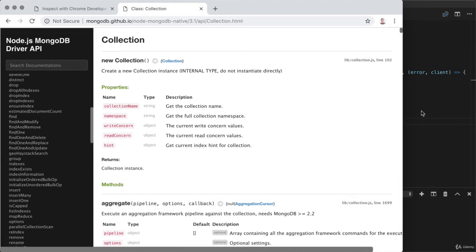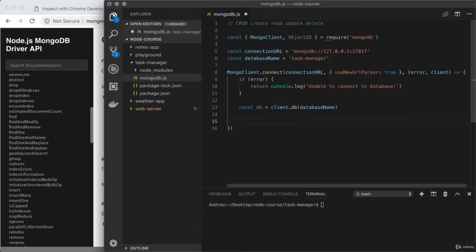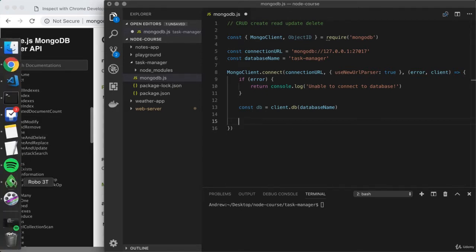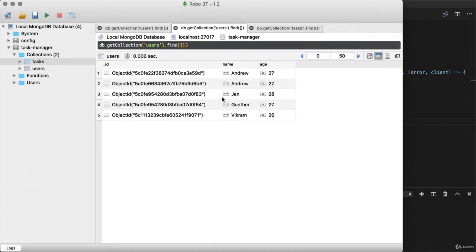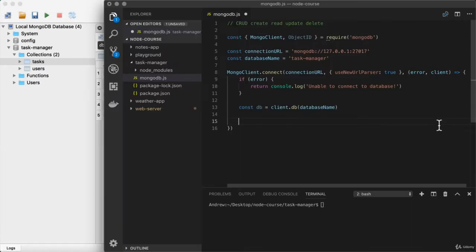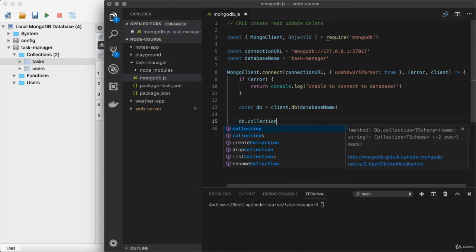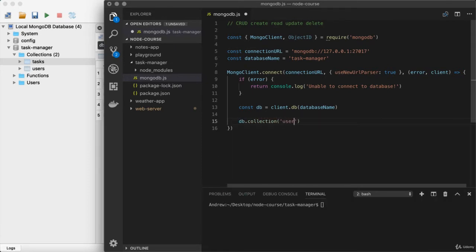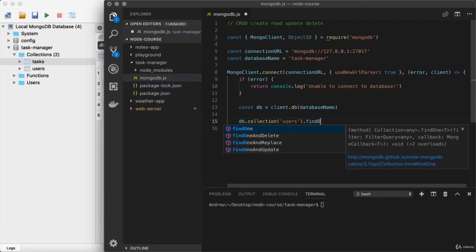So let's go ahead and start the process of fetching some data out of the database, and we'll start with find one to find an individual document. Let's pull up our users collection and pick a user we want to fetch. I'm going to fetch this one right here with the name equal to Jen. So let's go ahead and do just that by first specifying the collection we're trying to use find one on. So db.collection. Right here, we pass in the string users like we had before when we were using insert one and insert many. And then right here, we're going to use find one.